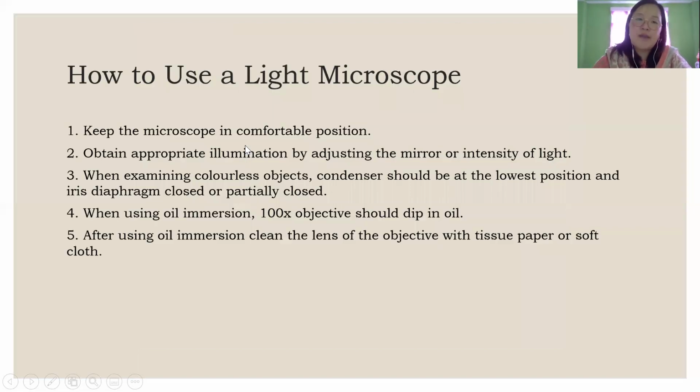So how to use a microscope? A microscope is very simple, very comfortable, very easy to use. First and foremost, whenever you're using a microscope, you have to keep it in a stable position. The shelf should be very firm, and the microscope should sit steadily, not tilted or crooked. If you're using the mirror type of microscope, you have to adjust the light in such a way that sunlight comes directly into your mirror, so that you can use its illumination system.